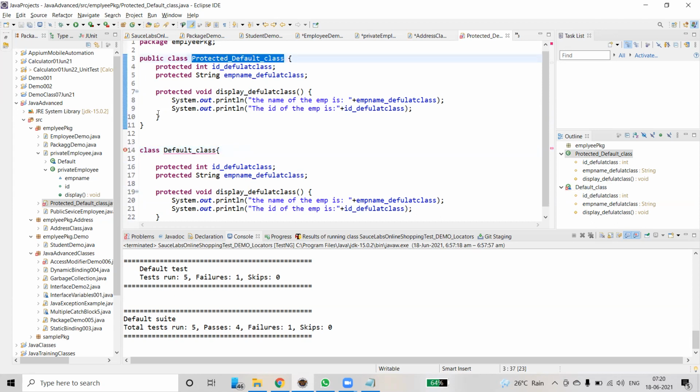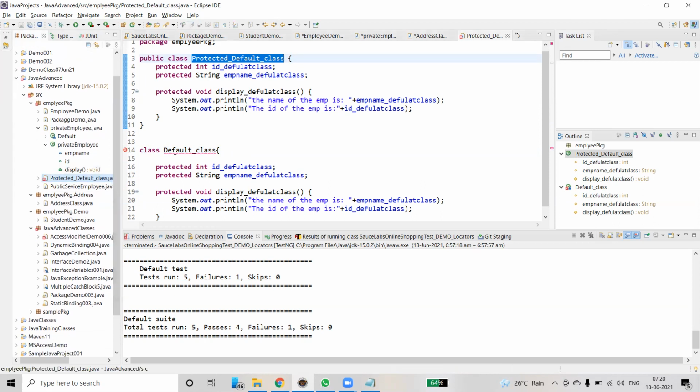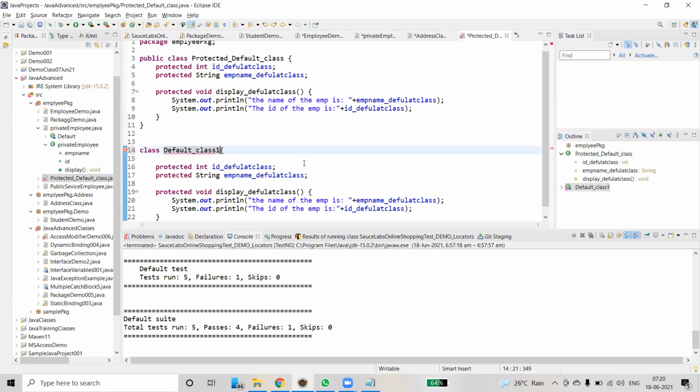Control C. This is another package. So protected default class. It's already defined in another class, so I'm going to change the name.